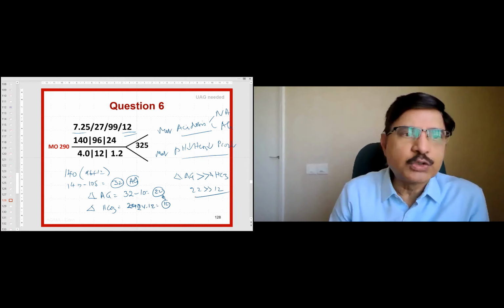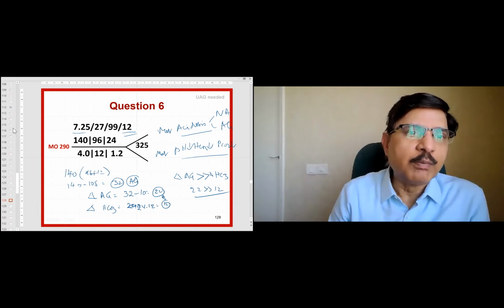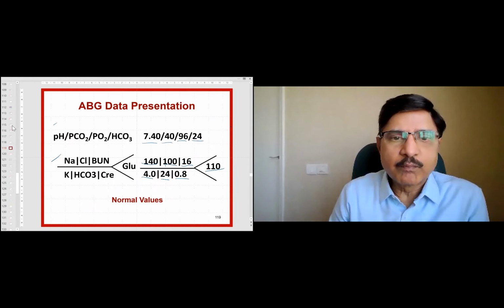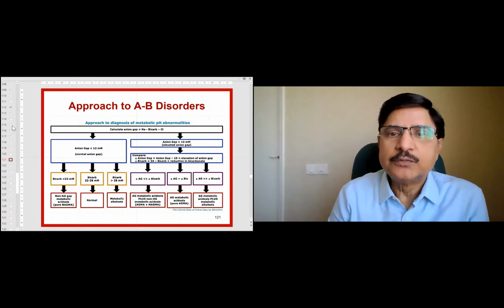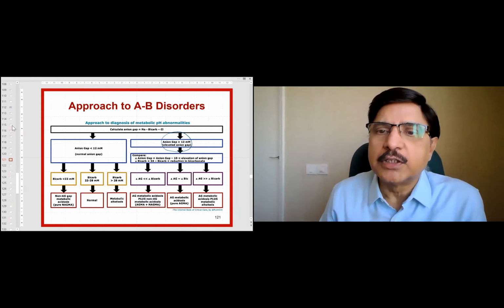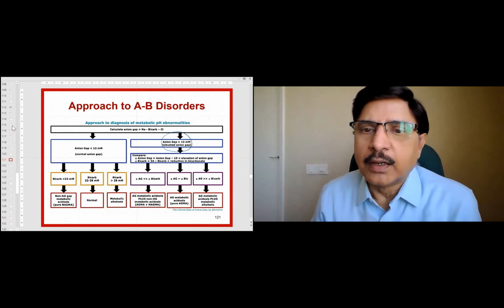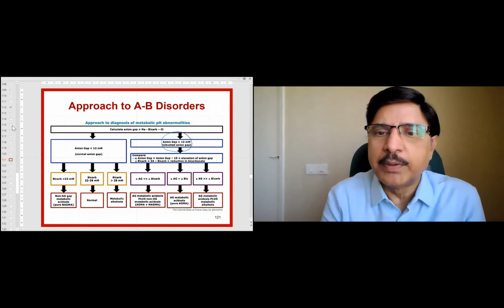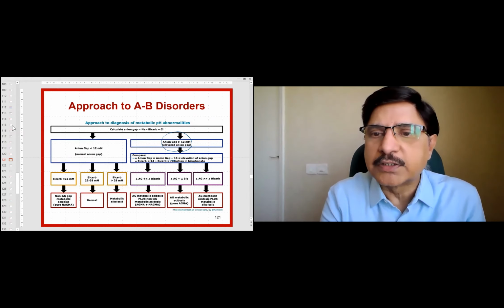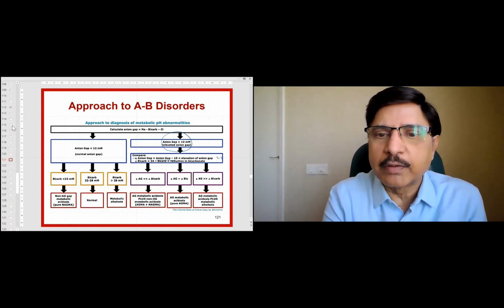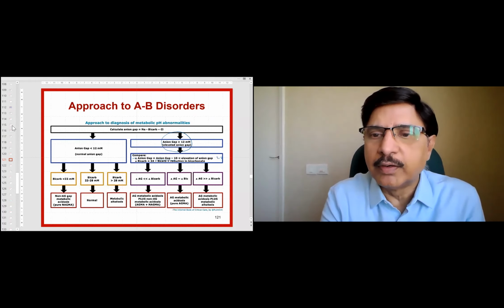What is the situation? You see this chart and you will come to know. We are here, and the anion gap is more than 12, right? In this particular case it is 32, elevated. Then immediately we do the delta anion gap, which is anion gap minus 10, in this case 22, isn't it? Yes, sir. And the bicarbonate is 24 minus the observed bicarbonate 12, so that gives a delta bicarbonate of 12.